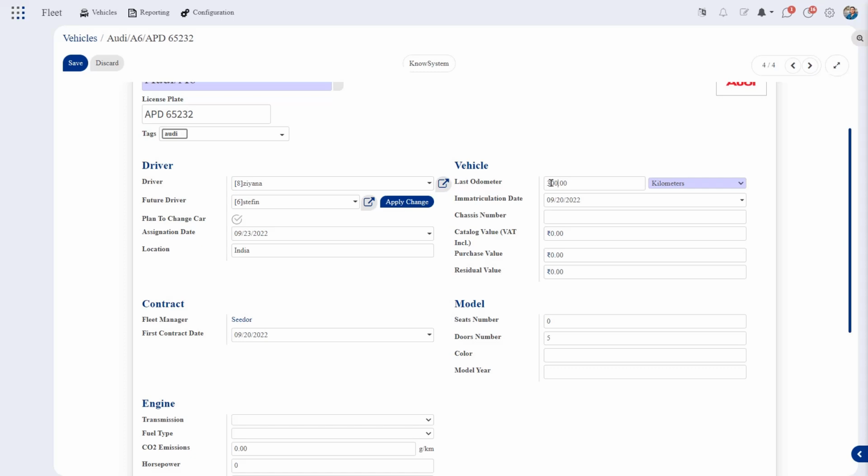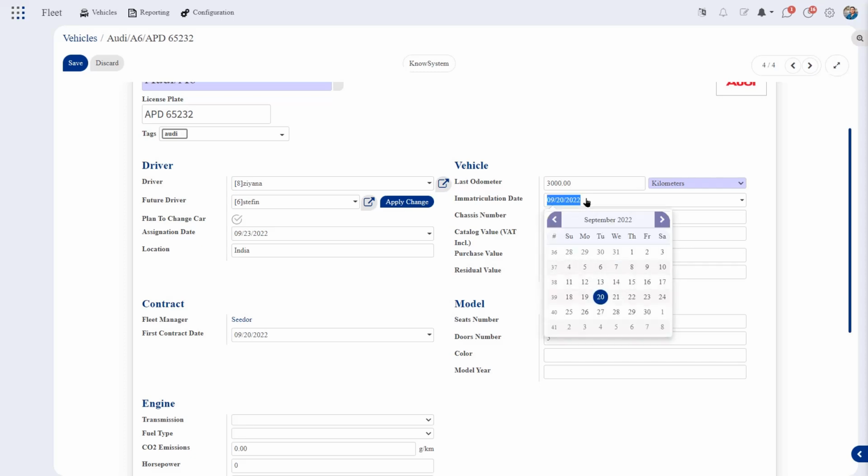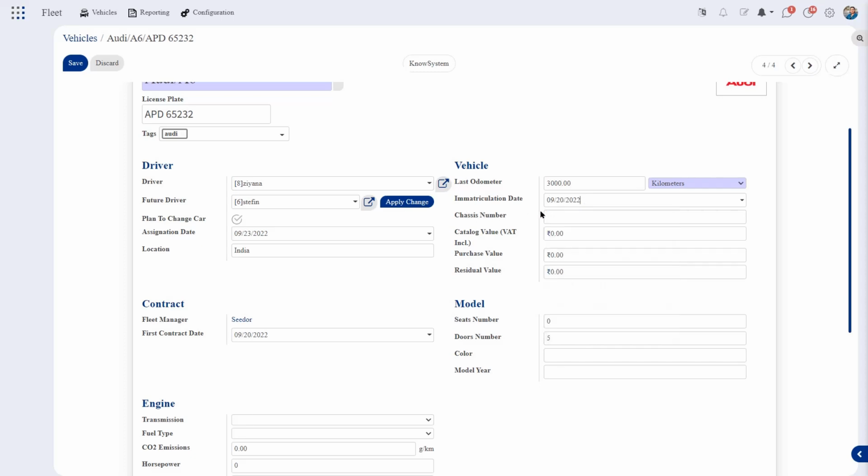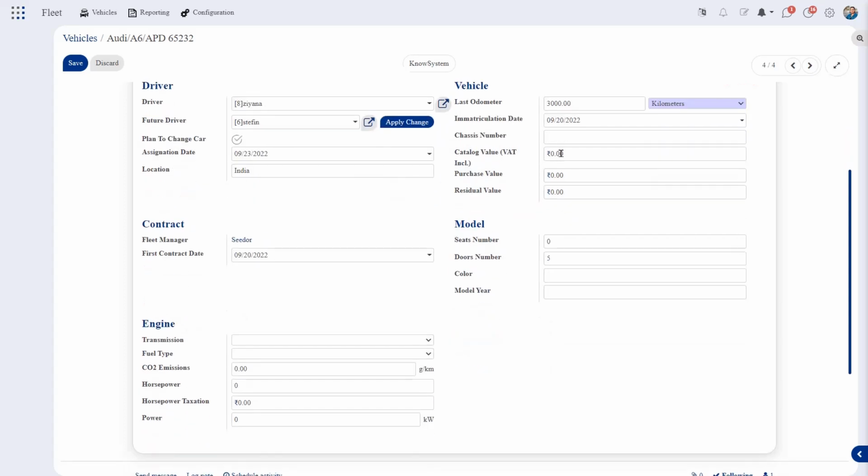So I'm giving 3000 kilometers and immatriculation day, that is when we have enrolled, that the date should be given here, and the chassis number, that is the vehicle identification number that can be given here, and the catalog value, that is the value of bought vehicle,